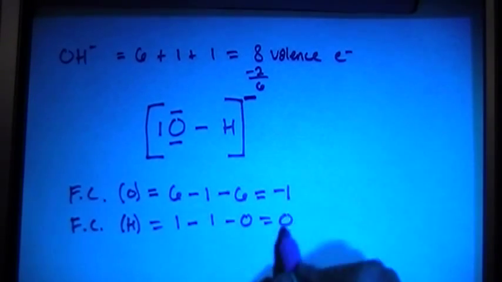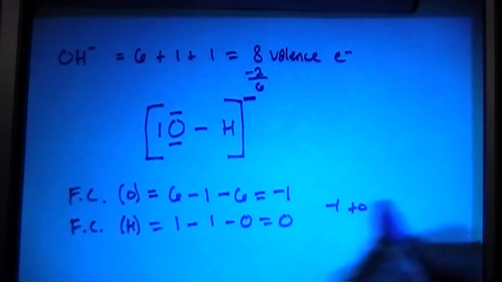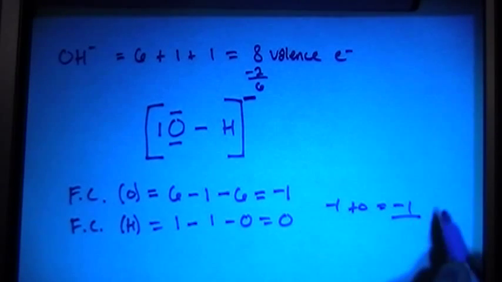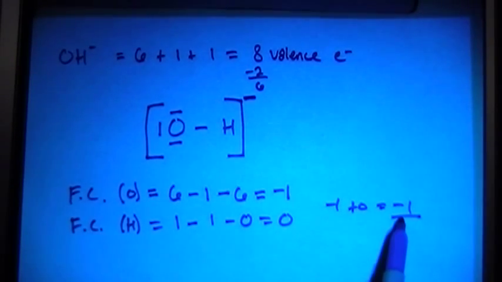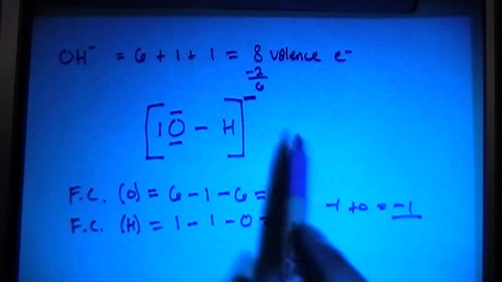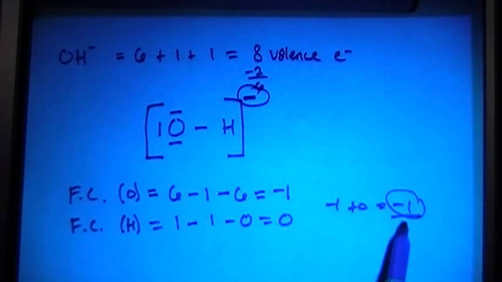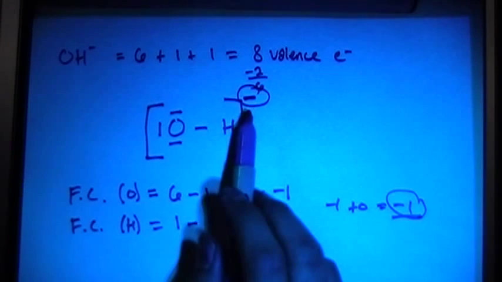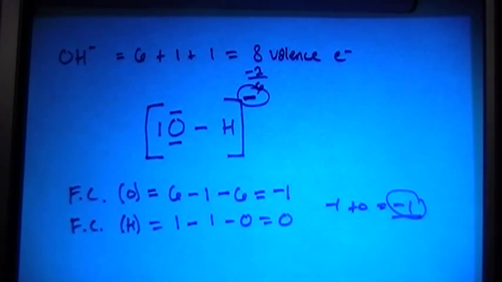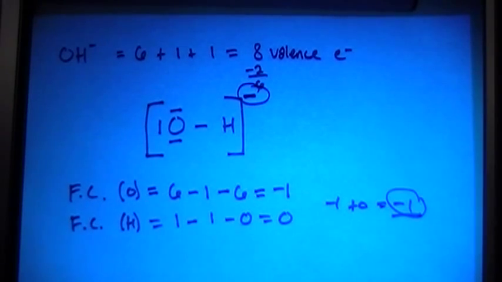Now if you sum up these formal charges, -1 plus 0 is -1 overall. The sum of the formal charges for ions has to match the overall charge of the ion itself. So the sum of the formal charges is -1, the charge on the ion is -1, and that's exactly what we're looking for. So that's very good. That's what we're trying to get. Okay. Now,